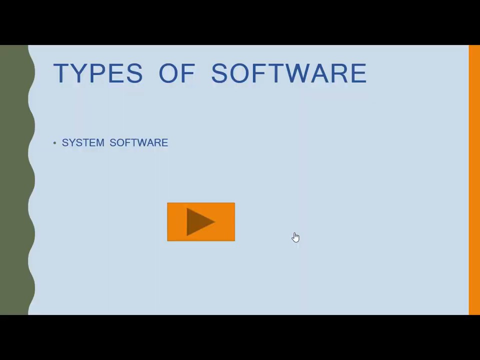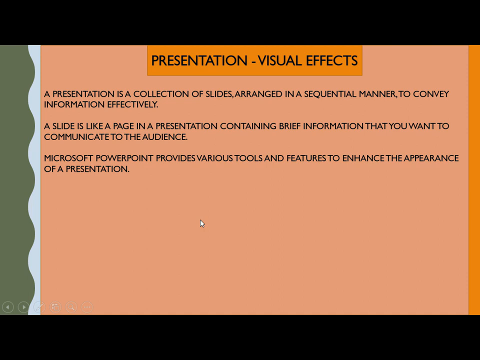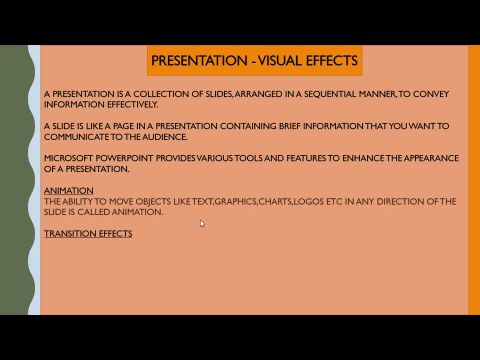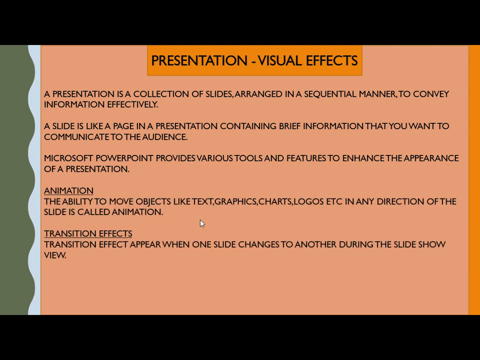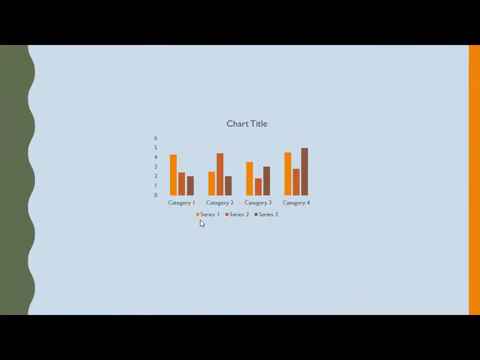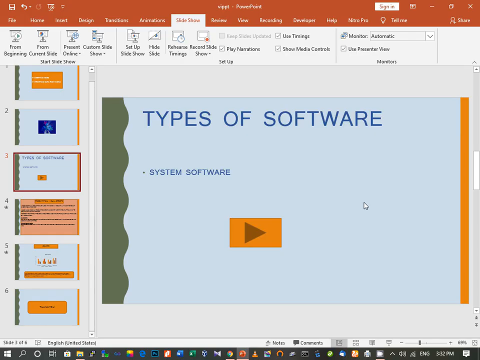Then when I go to the next slide, here you have the action button. This action button moves to the next slide. When I click on this, we had chosen one music also. After that this slide is opening. So this is how we can insert video, and here you can see this action button, and this slide is imported from MS Word. So all these 3 things we have learned today in this video.